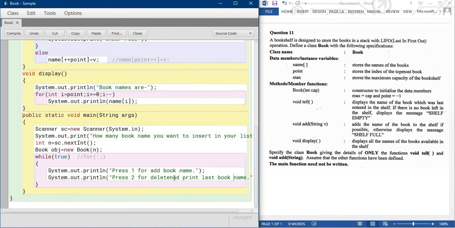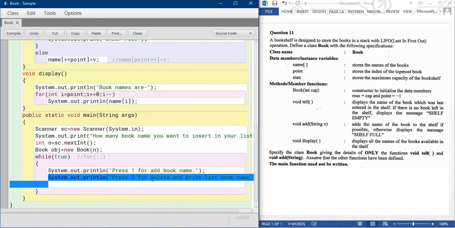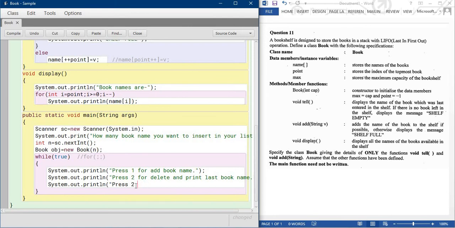Okay, so the last message I'm printing is over here. Press 3 for print all books name.